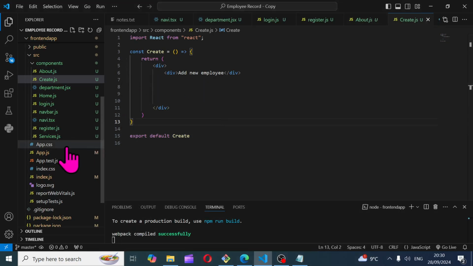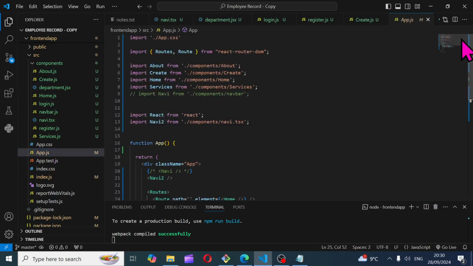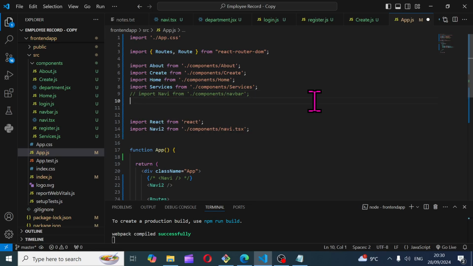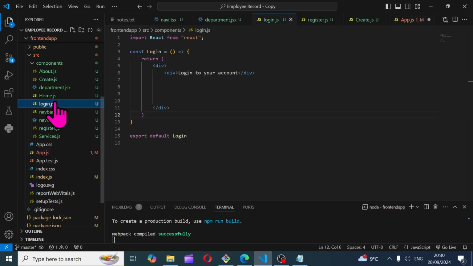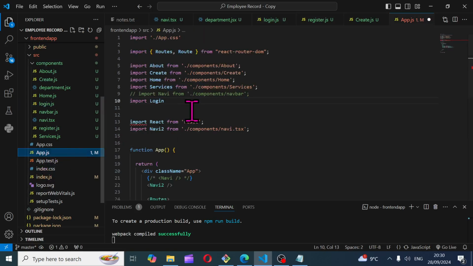Now what you need to do, go to app.js, and then you have to import your login component. So you import it at the top, and I'm going to say import. The name of the function is Login, so I'll go to login.js. This is it, Login. This is what we are exporting. So you have to import what you exported. So the name is Login, and then import Login from